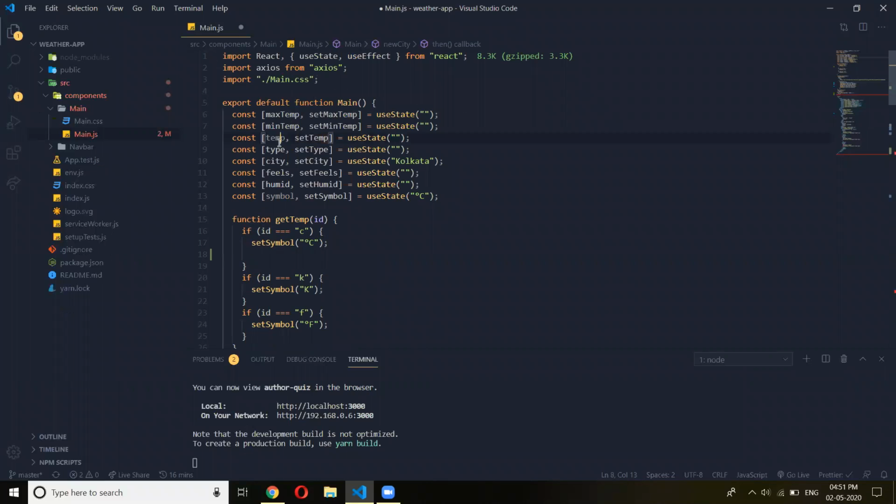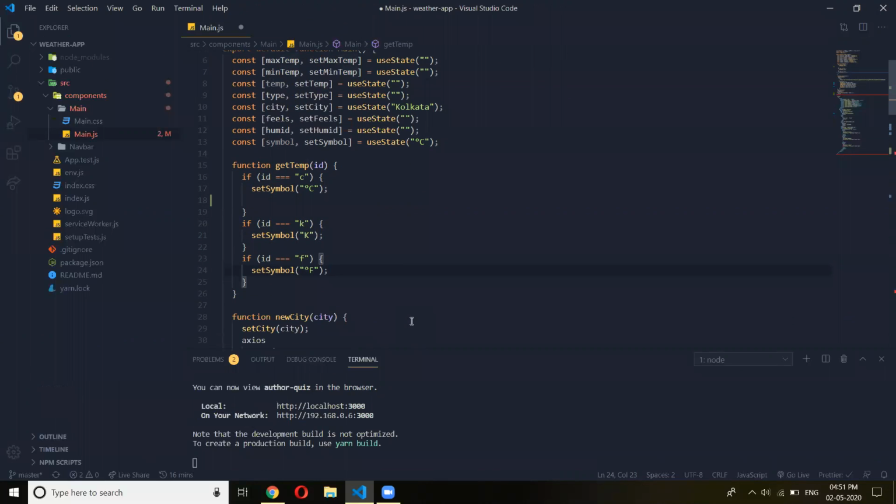Huh. Okay, so on the click of the button, depending on which button I am clicking, it will calculate accordingly and show me the value. On the click of the button, you are just modifying the temp again. If you modify the temp again, you have lost the original temp, which is Kelvin. Yes, yes. So it's a logic mistake basically.